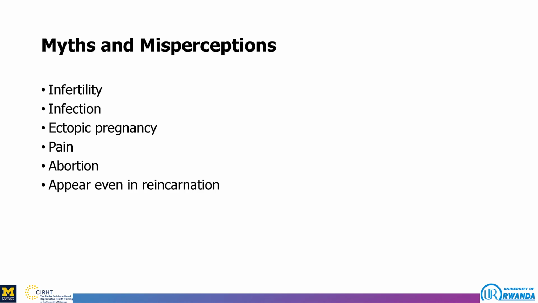One of the myths or misperceptions is infertility. Some people believe that when they are using the IUCD, in future they may have infertility. Some people believe that it may lead to infection or to ectopic pregnancy. Some people also believe that using the intrauterine contraceptive device may lead to pain, or it may lead to abortion. There are some people that believe that it is a form of